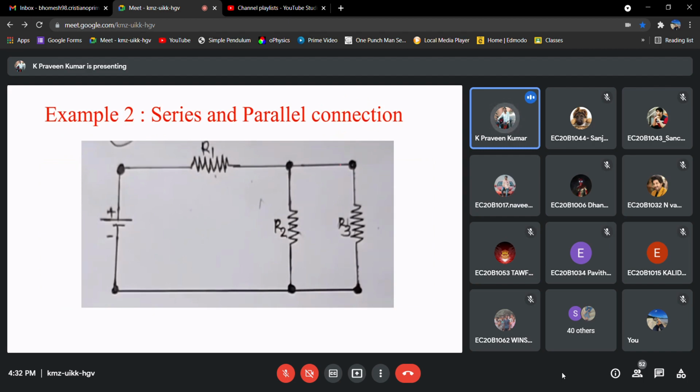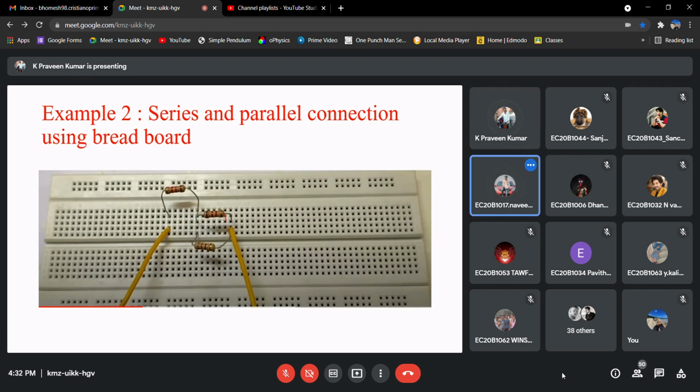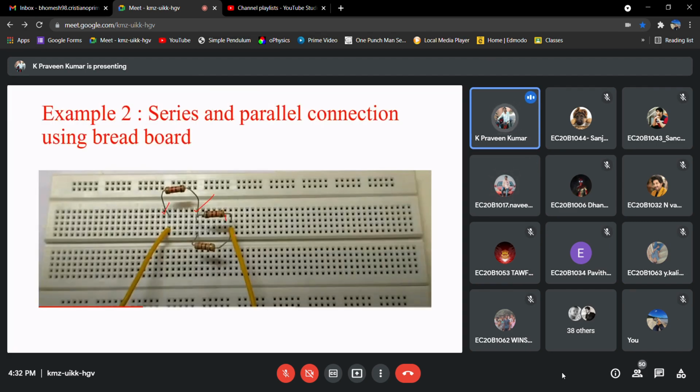Similarly, if you have both series and parallel, then same thing. Already we have seen how we can connect in parallel. So one resistor here and the same points, and the series we know, right? So let us say we have connected the first point here and the second point. From there, we need to have these 2 connections, right? So these are all the basic things that I want to show.